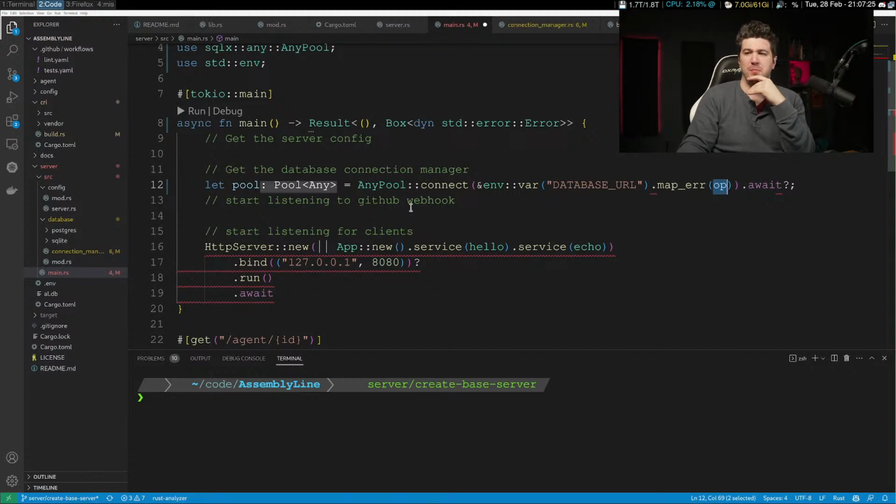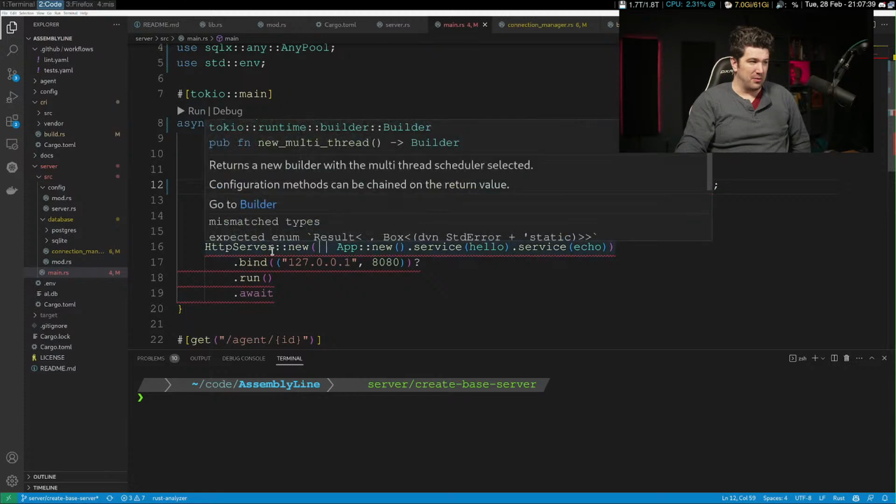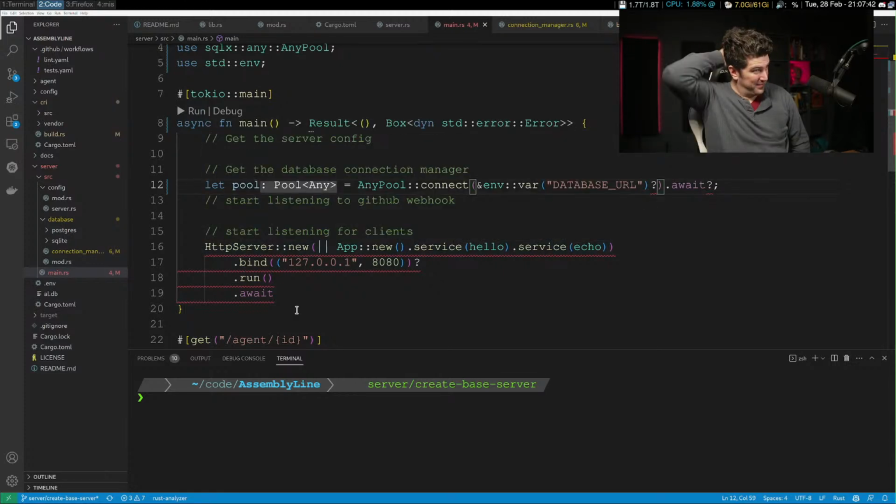If you try the map error, you can change back to anyhow result. Okay. But this isn't working either. Like this right here isn't working. And I don't understand why it's not.